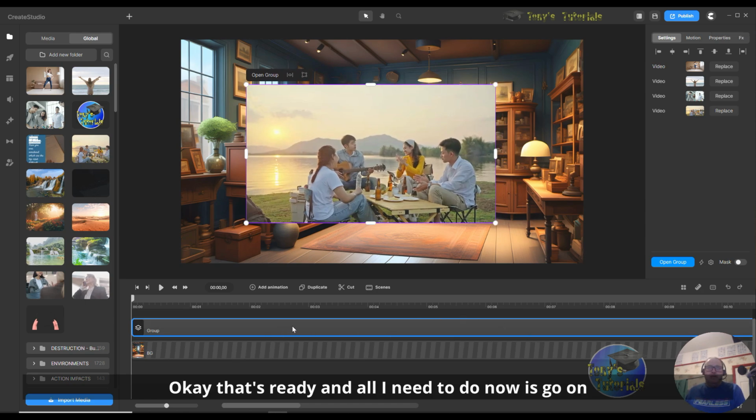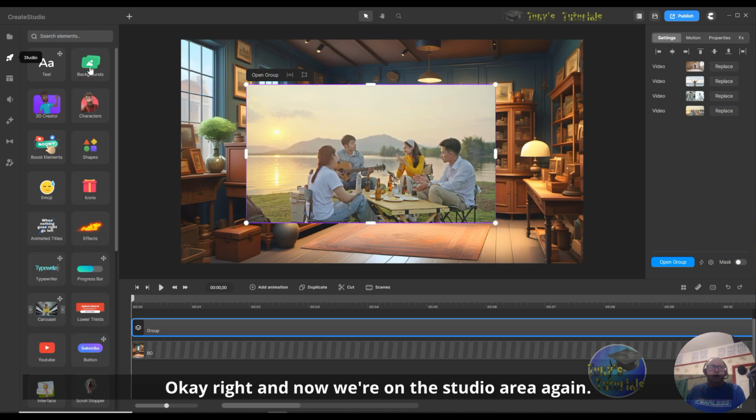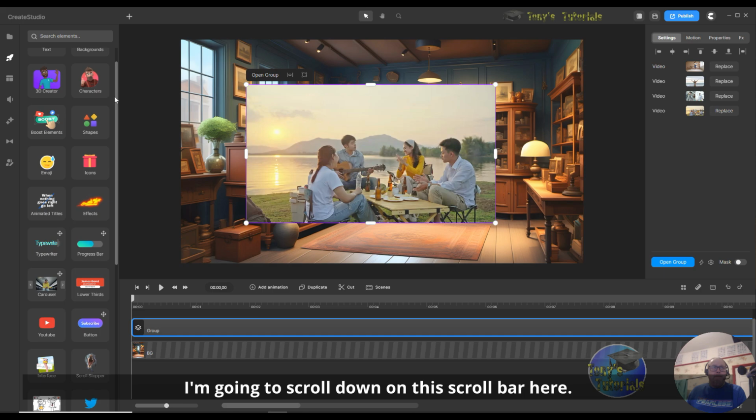that's ready, and all I need to do now is go on to the rocket, which is the studio area again. This rocket here. So that's the second icon down from the left, top left there. Okay, right, and now we're on the studio area again. I'm going to scroll down on this scroll bar here,